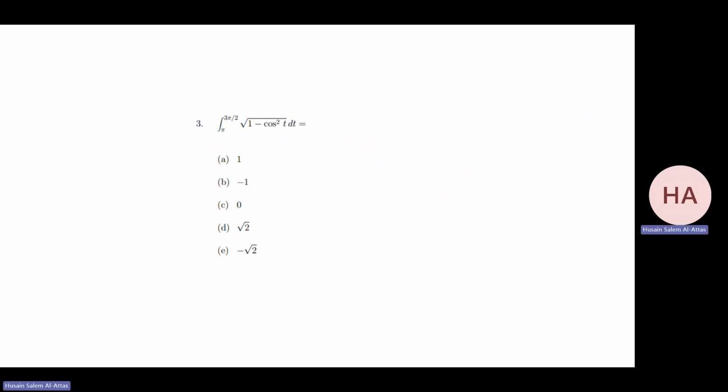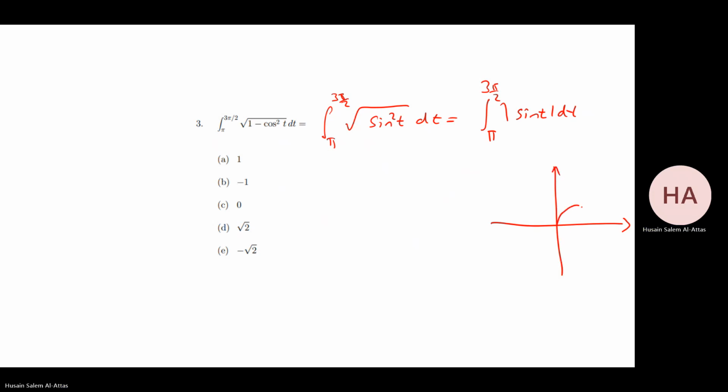Okay. Yeah, we did something similar. This is pi to 3 pi over 2. Now it's sine square dt. So this gives me what? Absolute value of sine t dt. Be careful, this is the sine. This is pi. So I split it accordingly. From pi to 3 pi over 2, it is always negative. No need to split it. So this is from pi to 3 pi over 2